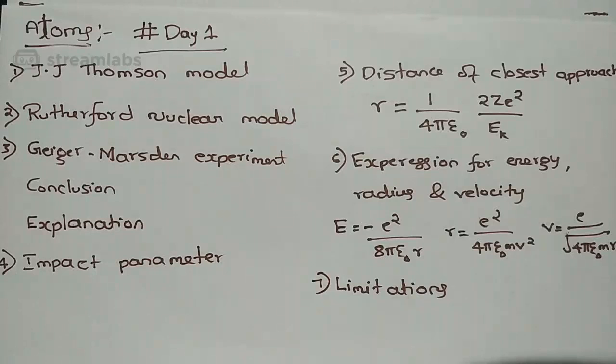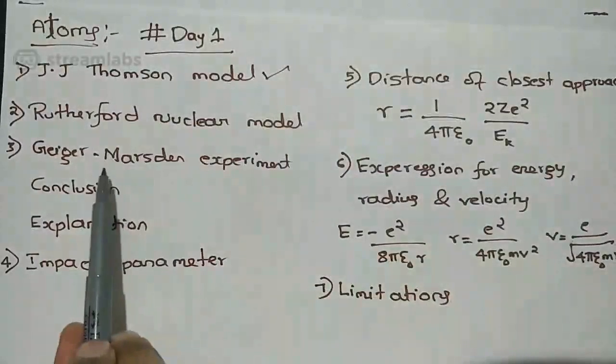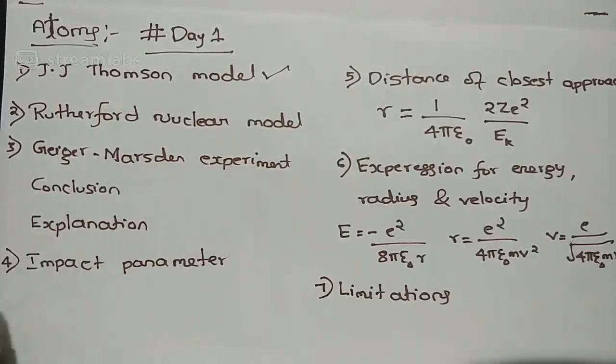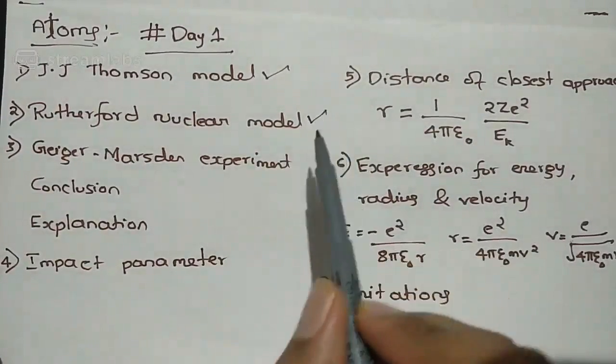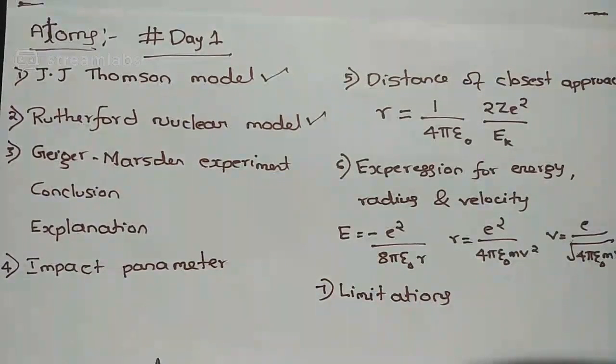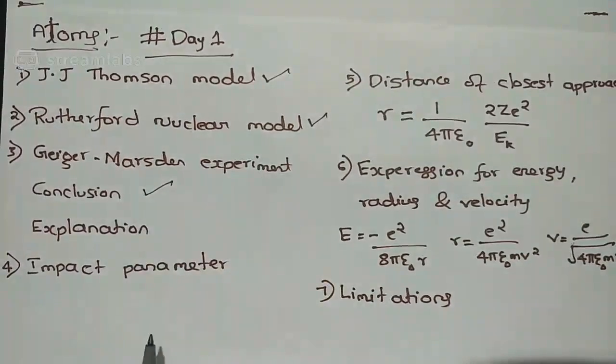Here are the important points that we have discussed in day 1, followed by Rutherford's nuclear model. It is also Rutherford's planetary model. Then the experimental setup by Geiger and Marsden. So that is the alpha particle scattering experiment, the experimental arrangement and conclusions of the experiment with the help of a